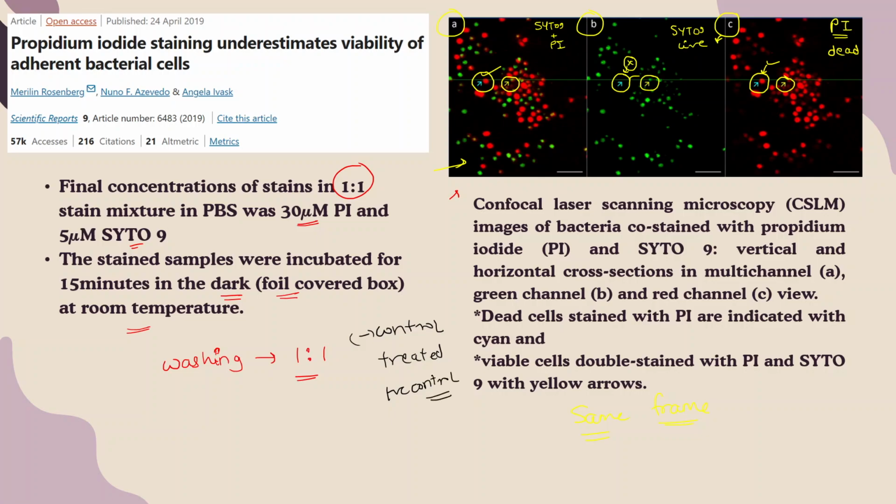For example, if you go through research articles which state that a certain antibiotic or compound is responsible for compromising the membrane of the microorganism, that particular compound can be used as a positive control, which will definitely reflect the efficacy of your treatment in comparison to the positive control. So this was all about Cyto9 PI staining for live dead viability.